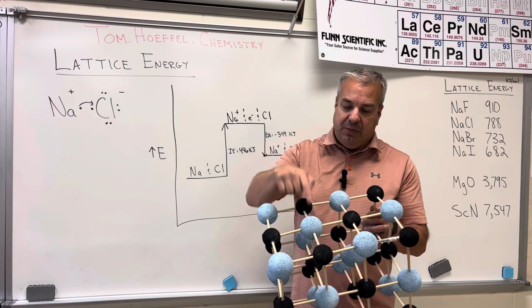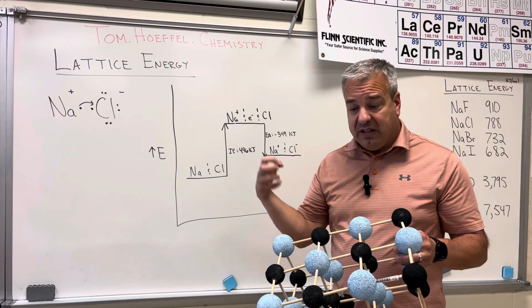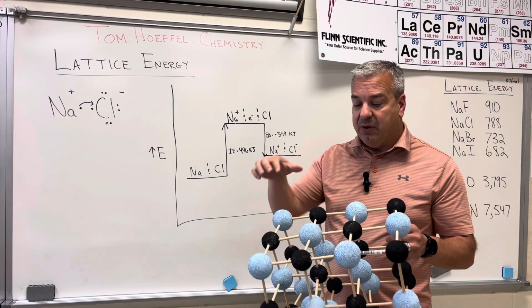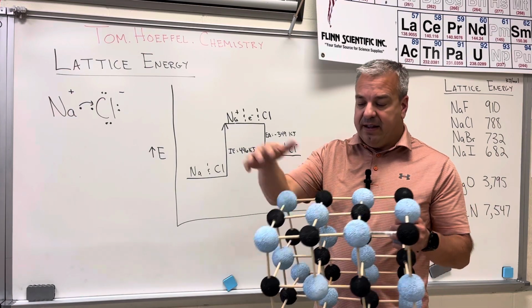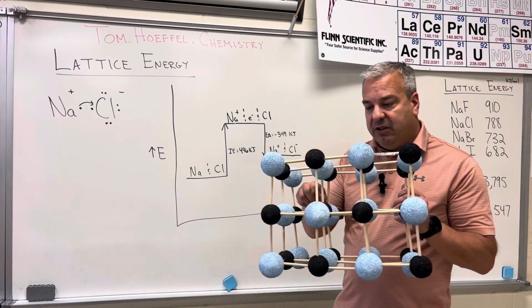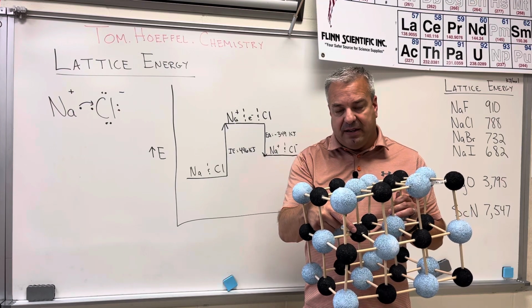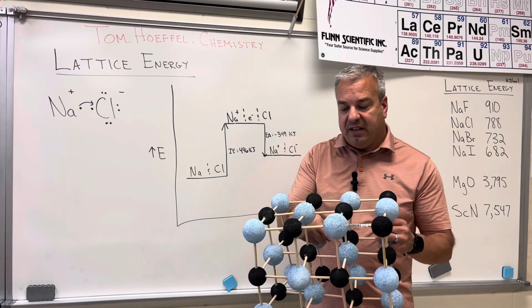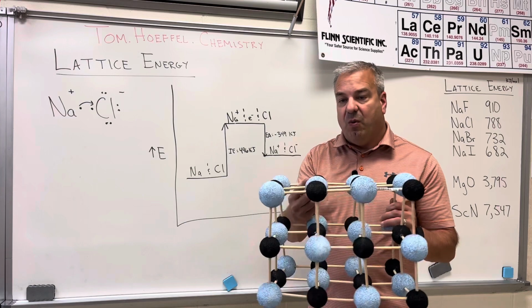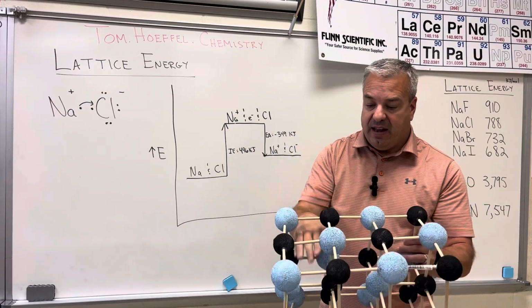And then the light blue ones are going to be the chloride ions, because negative ions are significantly bigger than their parent atom. So the light blue is the chloride, and the black ones are going to be the sodium. And if we take a look at this sodium, it's actually bonding to 6 chlorines: one to the left, one to the right, one on top, one below, one coming out towards you, and one back here